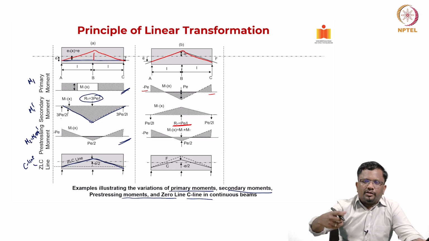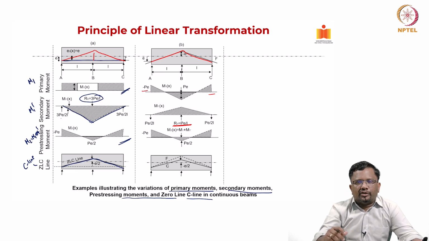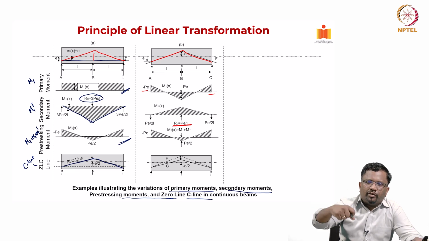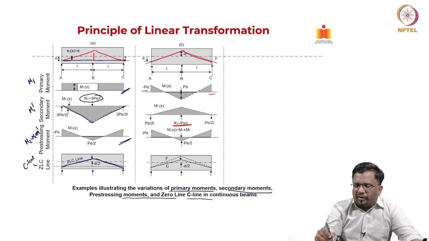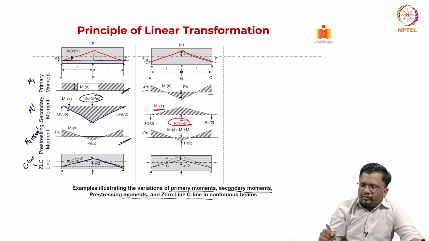When you do the pre-stress, the beam will try to move up, and in that process, because you have support, the reaction will be developed, it is going to push the beam downward. So that reaction is this, right. So let us say we find through some method, so we get this, and this is your secondary moment, which is your M1 prime. When you add these M1 and M1 prime, now you will find that the total moment